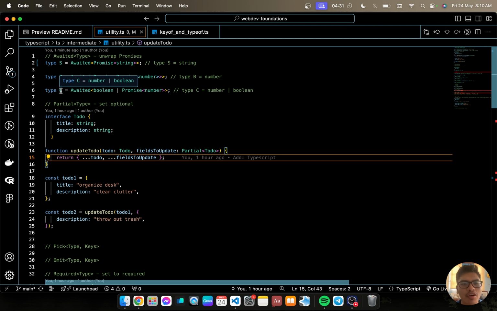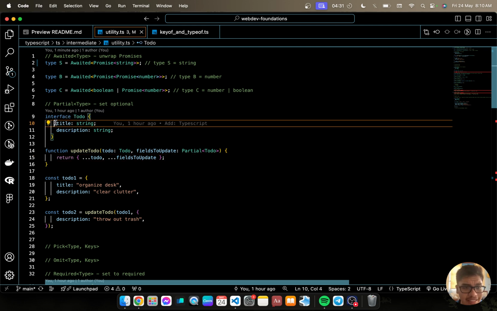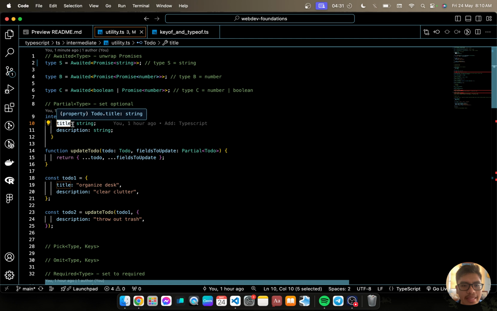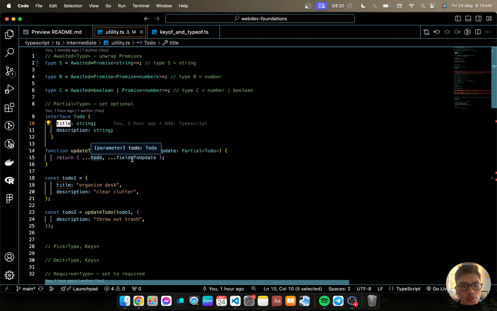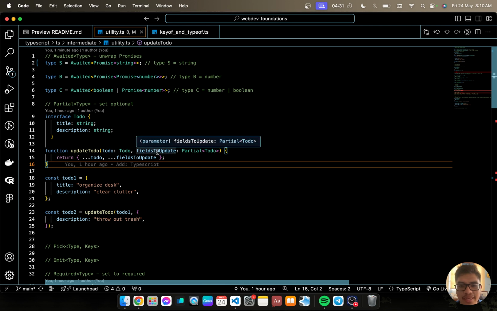Okay? So this is useful just in case you have async, await, or promises. Next we have the Partial type. This is useful for setting properties to optional. Here we have interface Todo, title string, description string. As you can see here, they're both required. Then we have function updateTodo, with fieldsToUpdate: Partial<Todo>. That means the title may be there, the description may be there.